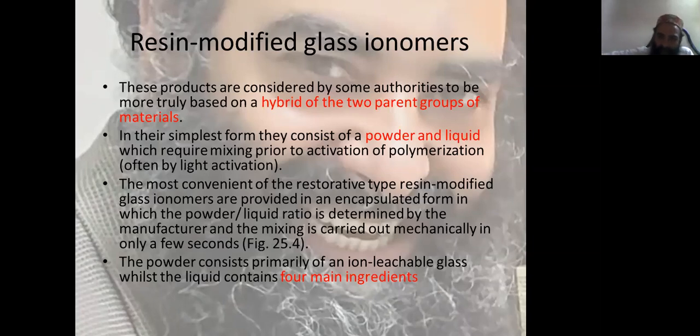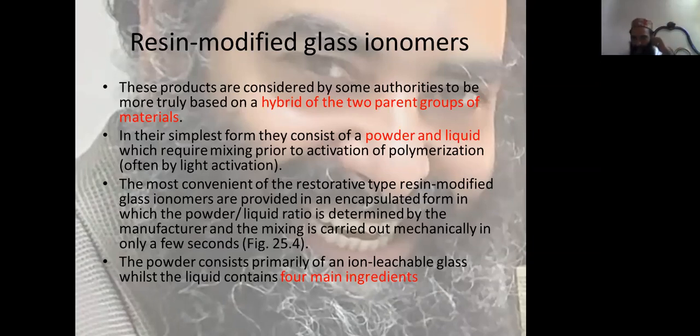The most convenient of the restorative type resin modified glass ionomers are provided in an encapsulated form, in which the powder liquid ratio is determined by the manufacturer and the mixing is carried out mechanically in only a few seconds, like in glass ionomers encapsulated form. The powder consists primarily of an ion leachable glass,